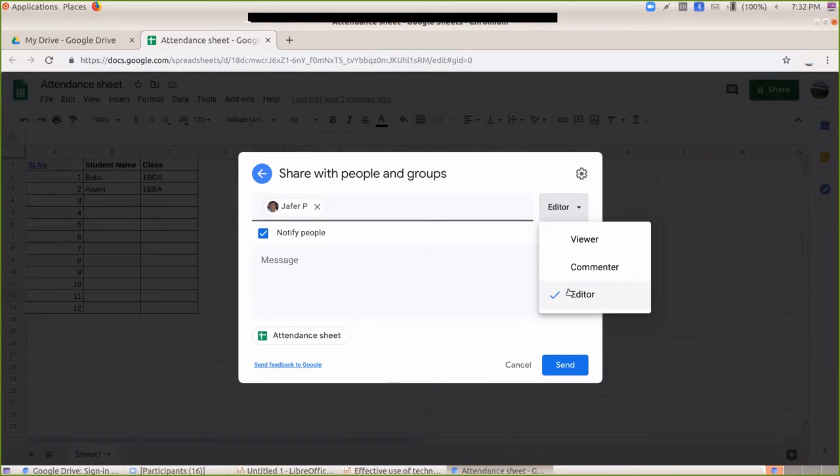If you set it as commenter, they can only comment on your document. They can't do anything else, and they cannot edit. Only they can comment, right? And for viewer, they can see the document, but they cannot edit. And editor, they can view the document, comment on the document, and do everything, right? So let's say I'm giving it as editor,